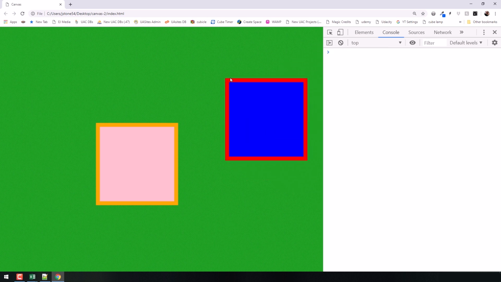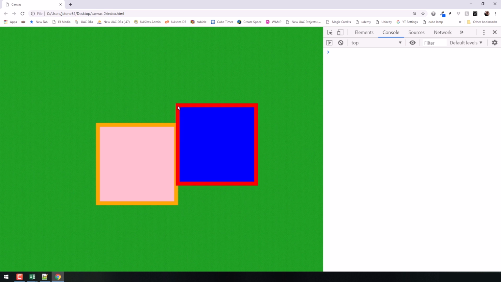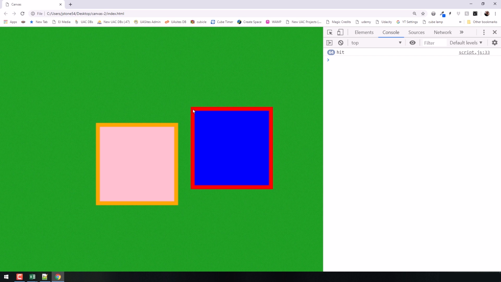Okay, clear that out. Now notice here what's going to happen. Watch when I get close. Notice right now it's not colliding, okay? But a little bit more and now it starts colliding. What's happening there is that the border sort of changes your XY a little bit. It's a little wonky what happens.